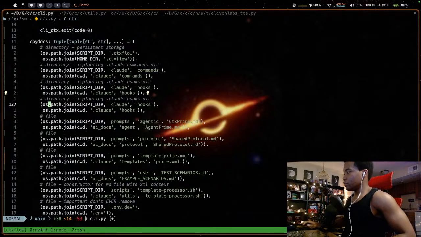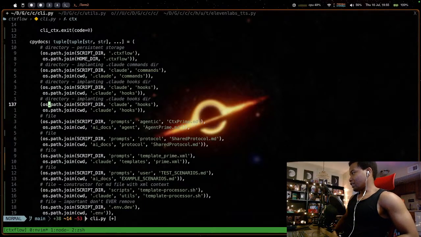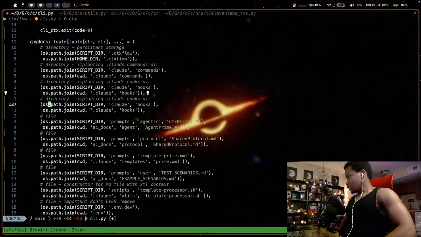Dude, my CPU usage is so bad, but it's because I got multiple terminals. I got multiple tmux sessions, and I got stuff going over local that I forgot to turn off.